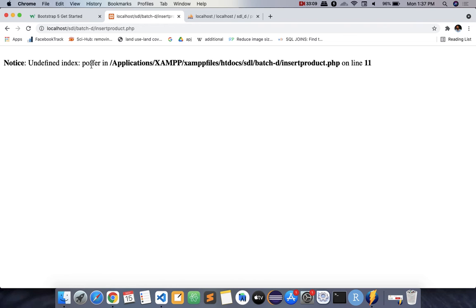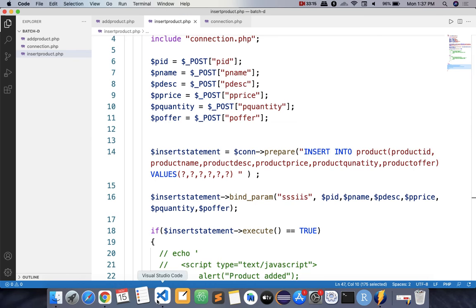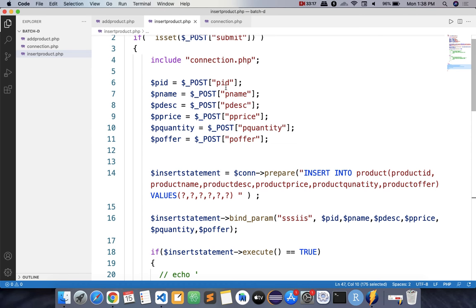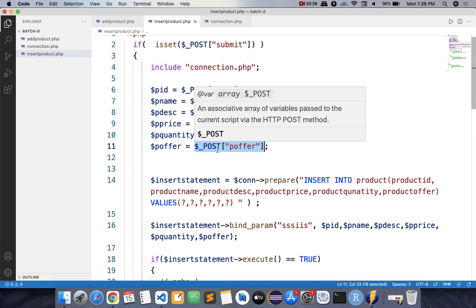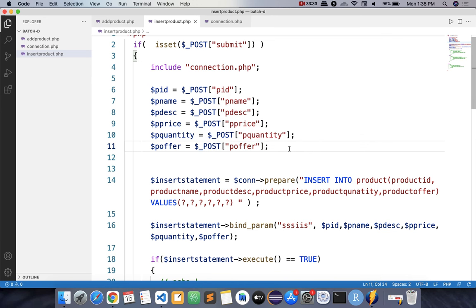Undefined index, P offer, line number 11 on the page, insert product.php. So when you received your data on this page, there is no value to receive here, P offer, because you have not selected that value, right? By default, if the value is coming through the post value, then only we are going to receive it, otherwise not, right? So how will you do that again?